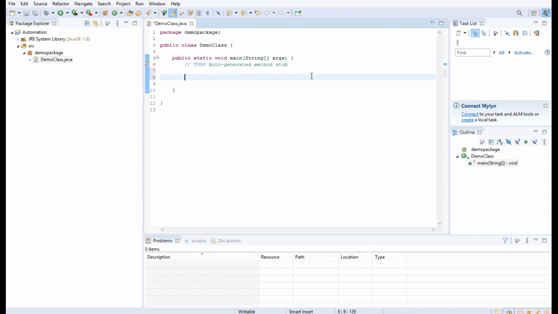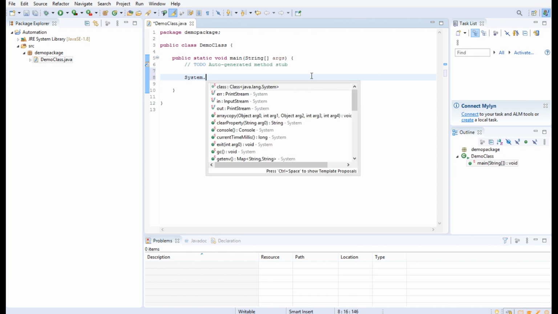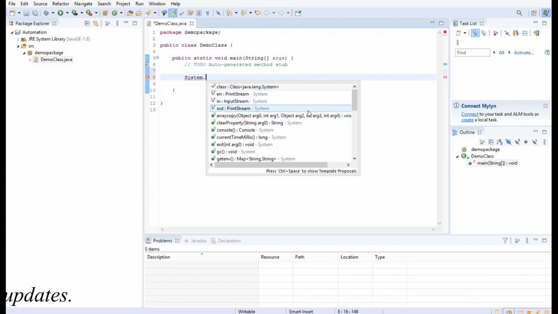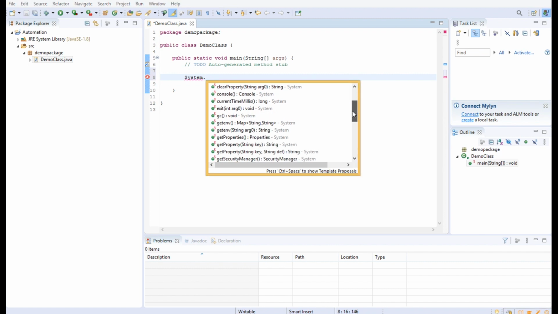Our objective of this video is to invoke the Chrome browser from the Selenium code. For that, first of all we have to set the property of the Chrome driver. For that we write System dot. In Eclipse, whenever we write a name and then press dot, all the functions or variables related to that, for example here System, are displayed in this suggestions box.